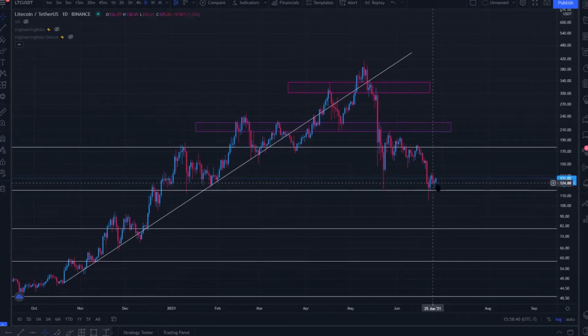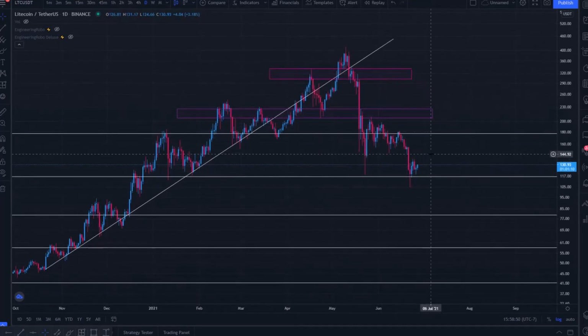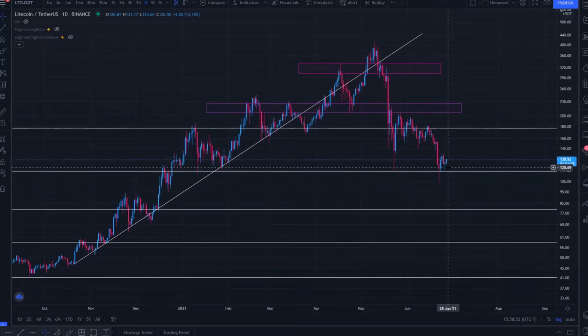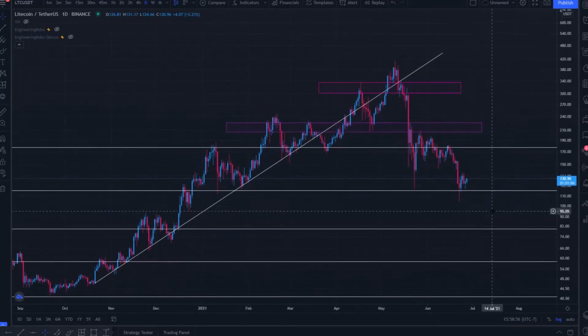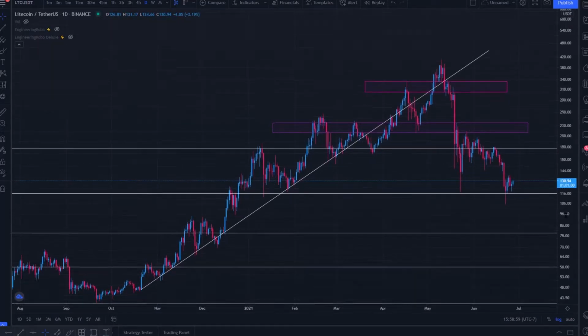Are you bullish? Do you think we found support? We're likely to rally back upward, interact with the multi-$100 range, $300, $400 per Litecoin that we came from in the not so distant past? Or are we bearish? We still have more downside ahead of us. Support has yet to be found, and we're likely to see continued downside or accumulation. Let me know your thoughts on the direction of price action down in the comment section down below.